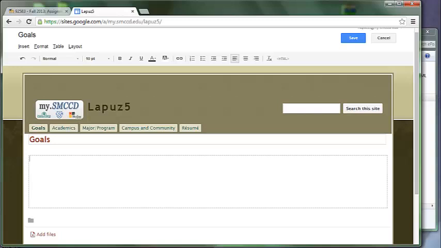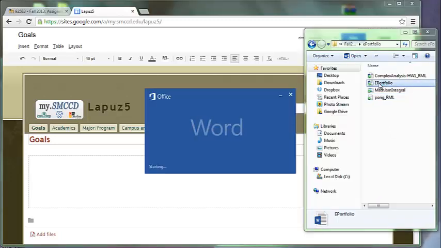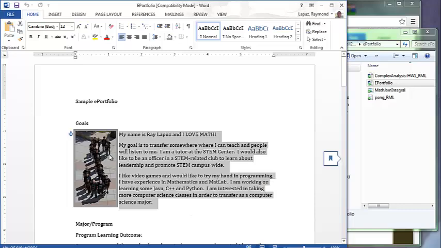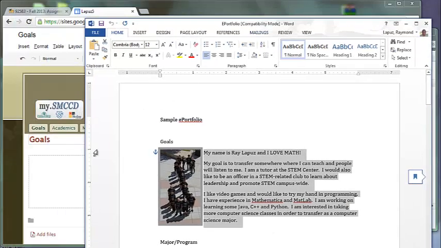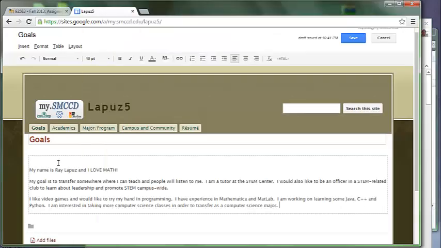I happen to have typed mine up already in a separate Word file. I have a picture that I want to include also, and I suggest that you include a picture in the goals page. So if I just click on this, I have my text figured out over here. Now my picture is in here, so to insert a picture,